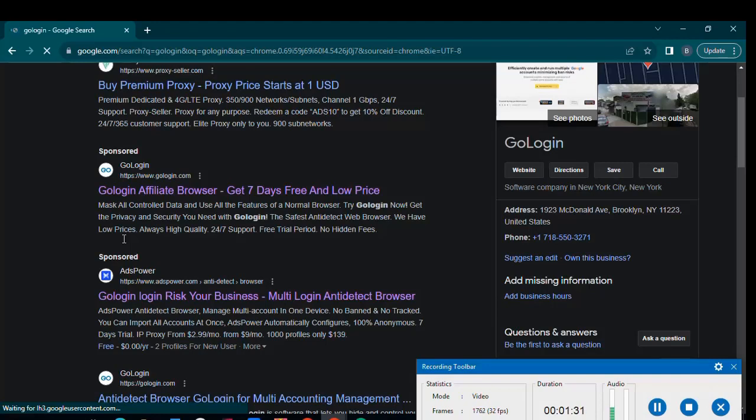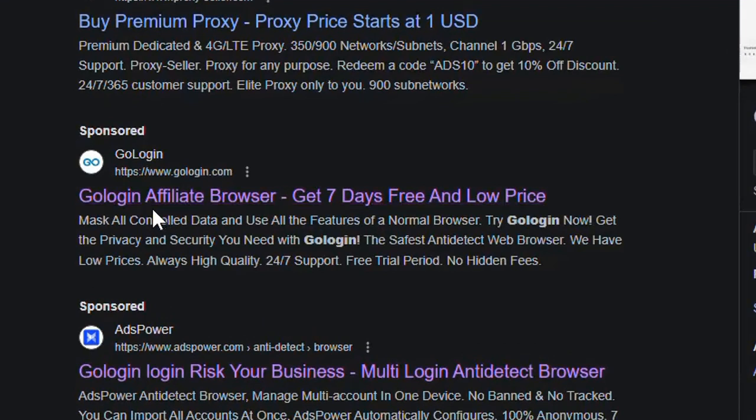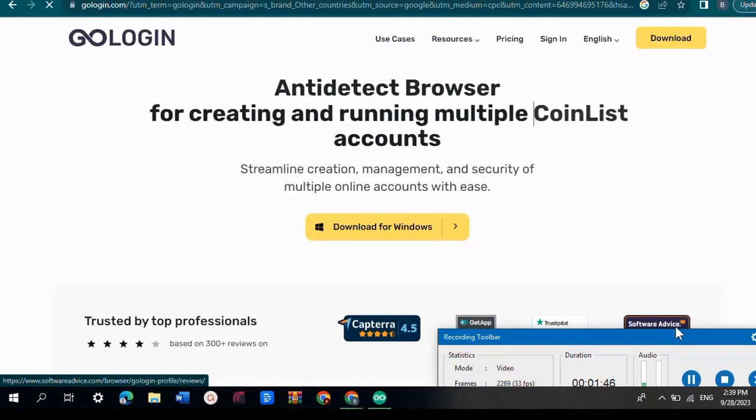So anyway, this is the software that we are going to download. You click here, then you download it. As you see here, this is gologin. You click download. I have already downloaded this. Once you download, you sign up. I hope that you know how to sign up on any software and any platform. Then once you sign up,